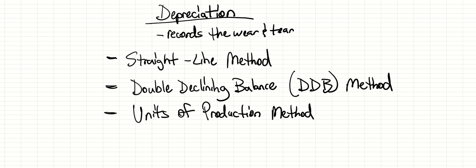So this one's going to be about depreciation methods. And before we get into the methods, I want to just talk a little bit about depreciation itself. So as you can see here, depreciation does record the wear and tear, or account for the wear and tear, on a long-term physical asset, such as some type of property like buildings, vehicles, machinery, or equipment. Those are all physical long-term assets that do wear and tear when you actually